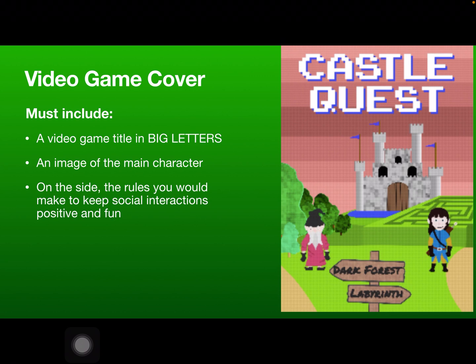This slide right now you're looking at had to do with lesson 4, keeping games fun and friendly. The object of this was to show how people can be positive and fun while playing online. And you're going to help others by creating rules. So on the right side should be a picture that you are creating that has to do with a video game. It simply needs to have the video game title in big letters, and it should have images of the